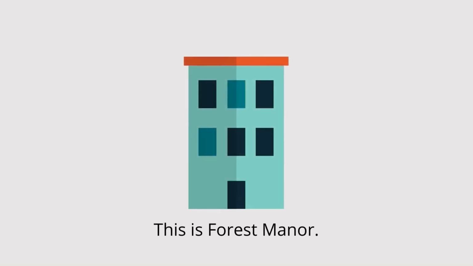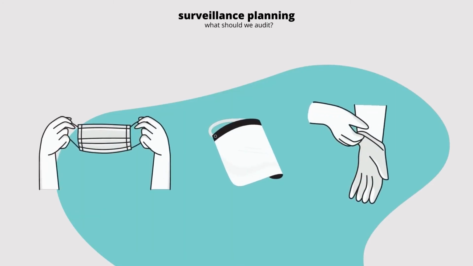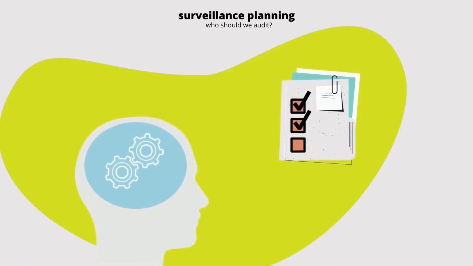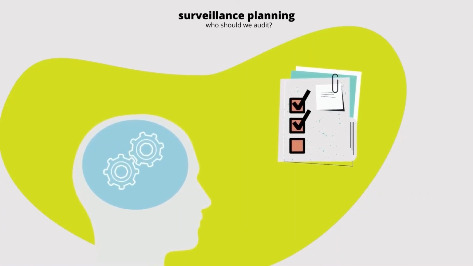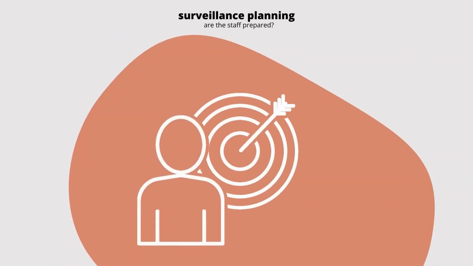This is Forest Manor. The infection control lead for this home is making preparations to start PPE auditing. A plan has been drafted with important tasks noted. These tasks must be completed prior to starting PPE compliance audits on staff. The lead had a meeting with managers, supervisors, and charge staff to inform them of the goals of the auditing